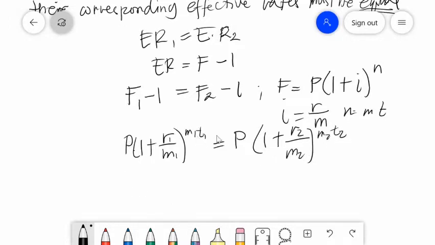So since P is not given, we can exclude,